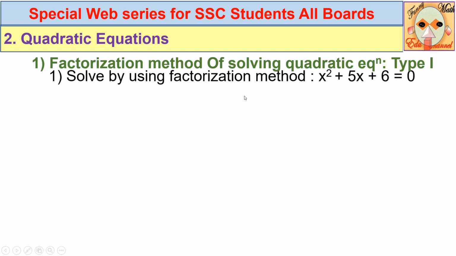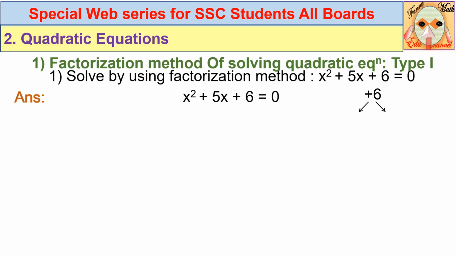Now in the factorization method what you have to remember is, first you have to see the coefficient of x square and multiply it by the constant term, that is 6. You have to take the product of those 2 and so you get 6. Here you have to split 6 in such a way that the addition of those 2 factors gives the coefficient of the middle term, that is 5. So we have factors of 6 as 6 ones are 6, 2 threes are 6.